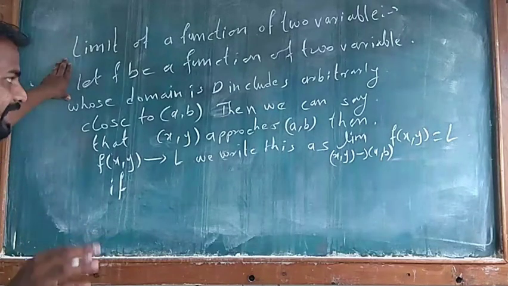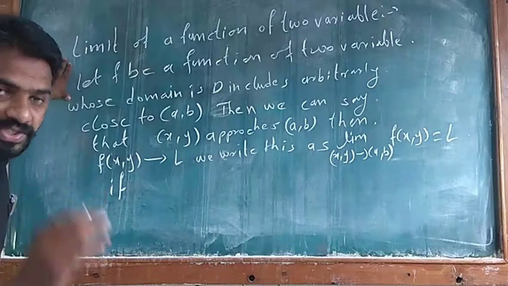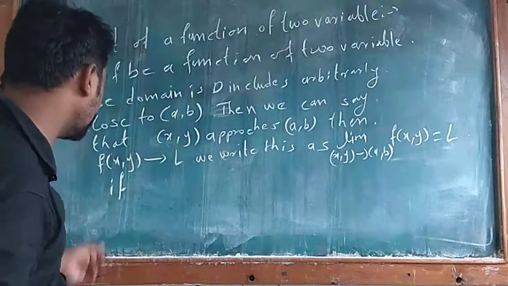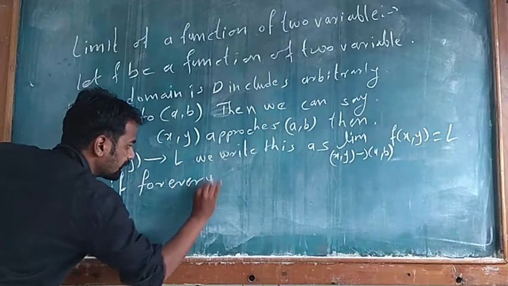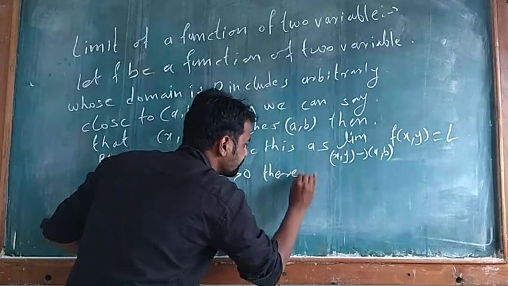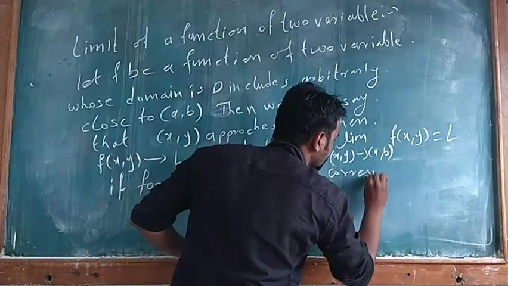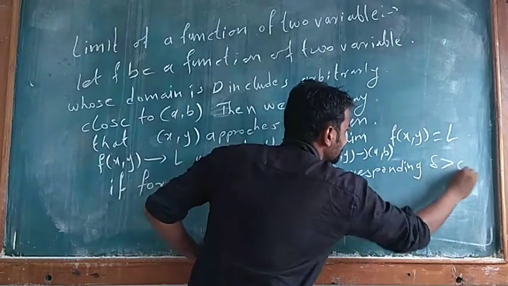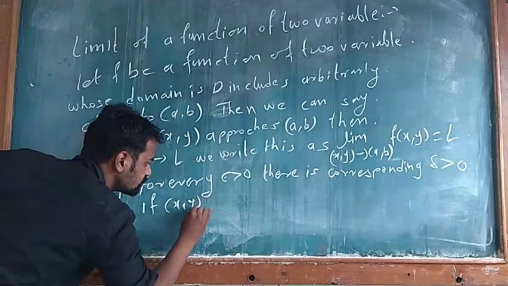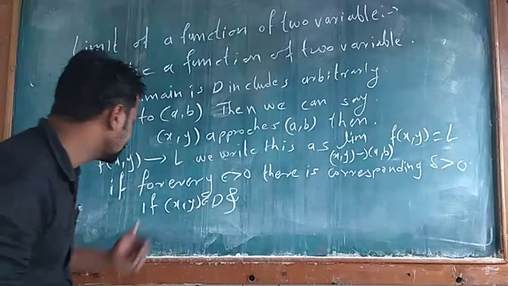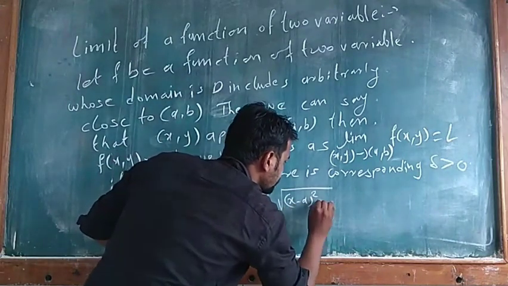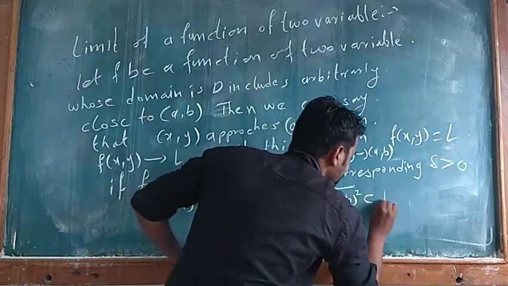Let f be a function of two variables whose domain includes the point (a, b), and (x, y) approaches (a, b), then f of (x, y) approaches L. We write this as limit as (x, y) tends to (a, b) of f of (x, y) is equal to L, if for every epsilon greater than 0 there exists a corresponding delta greater than 0 such that if (x, y) belongs to D and 0 is less than the square root of (x minus a) squared plus (y minus b) squared is less than delta,